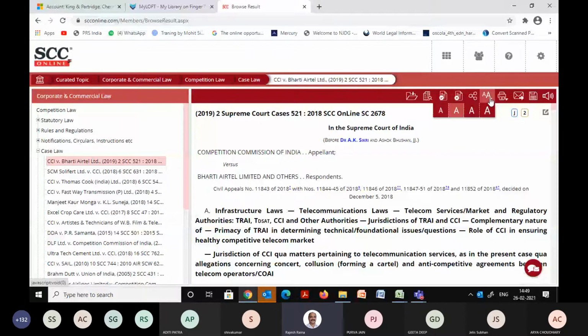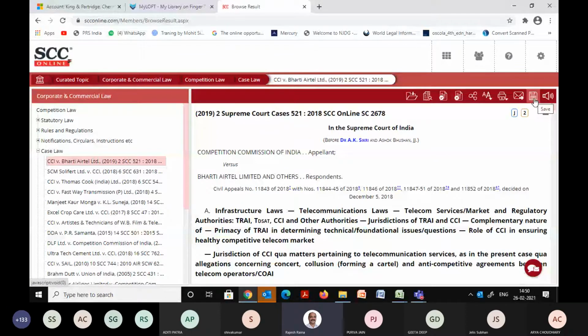Then you can also increase the font size for viewability purposes. You can share this document. And of course, there is a copy paste feature also. Now in SCC, you can't simply highlight by hovering the mouse over the judgment and then say copy and paste, clicking Control C and Control V. You can save the entire document.